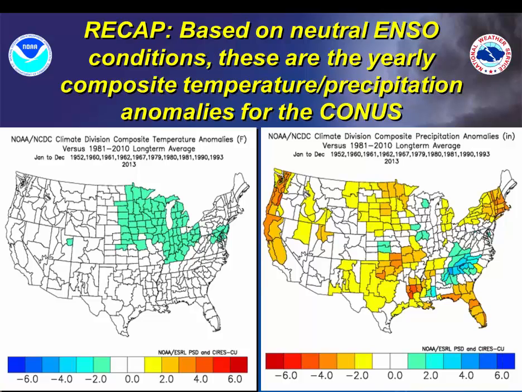We'll fast forward to the next slide. This is something I've taken from our last webinar earlier this spring. I took all the neutral years we've had on record since 1950, running from January to December, and gave you a departure from normal with temperatures on the left and precipitation on the right. Temperature-wise, during neutral seasons we've been for the most part near normal, give or take a degree or two,